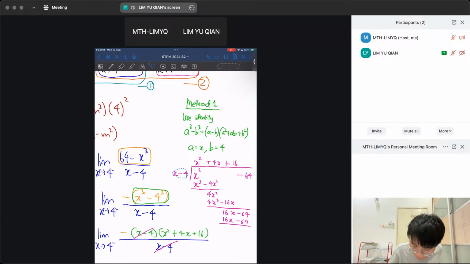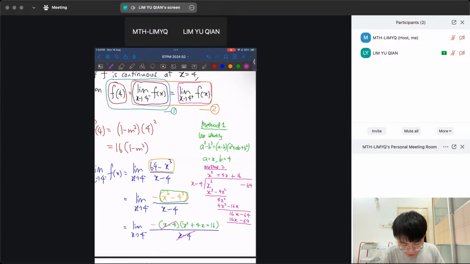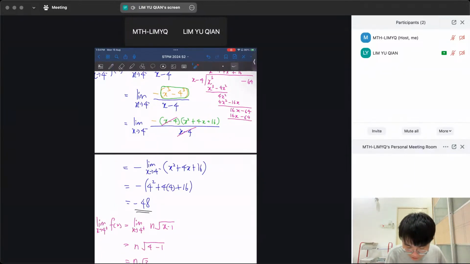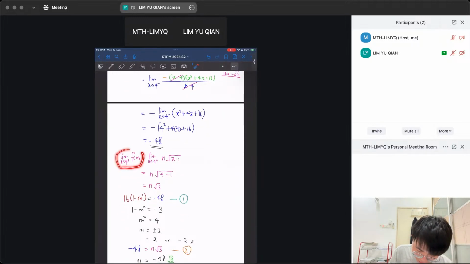You can use method 1 or method 2. 这个有一些 plus 也是有的，有一年也是有过。But the normal one is a squared minus b squared. If a cubed minus b cubed, 更难一点, a bit more difficult. Then take out, substitute, negative 48. Then find the right hand limit also. The right hand limit is very simple, direct substitute.